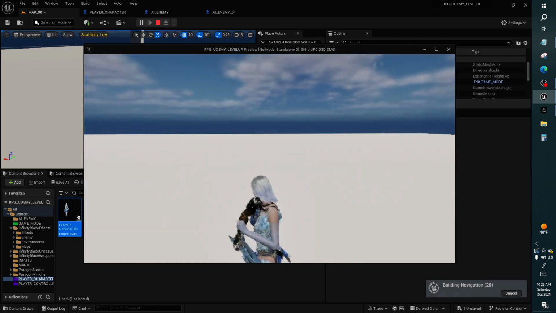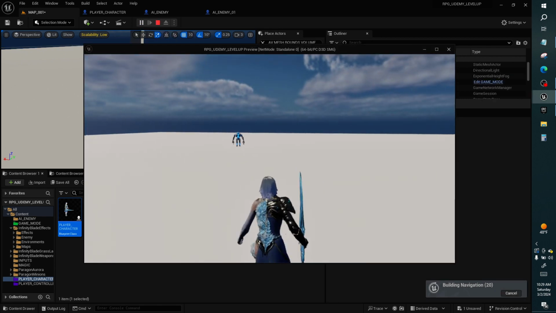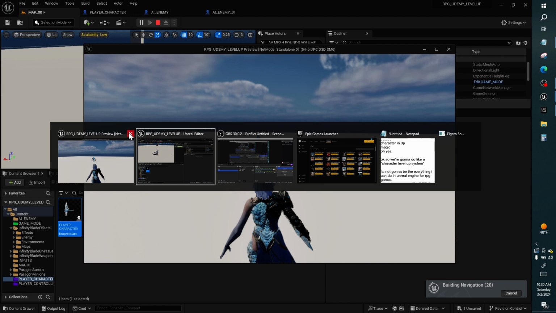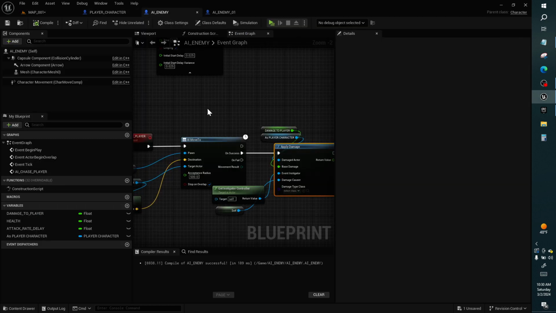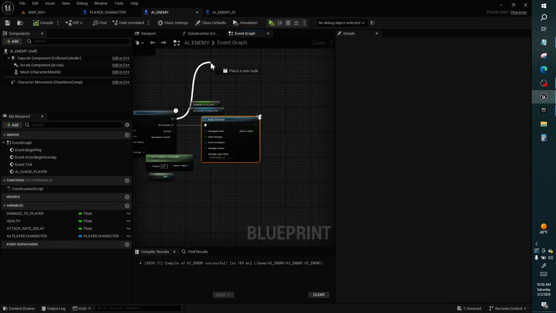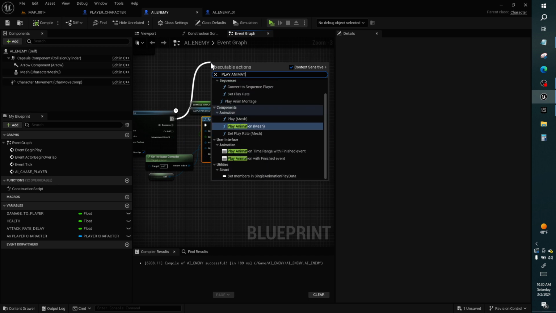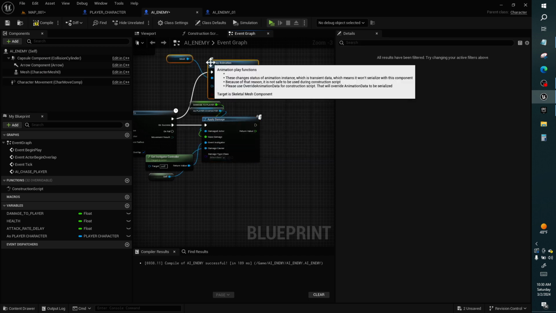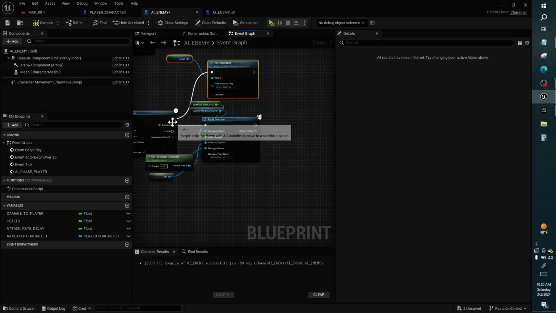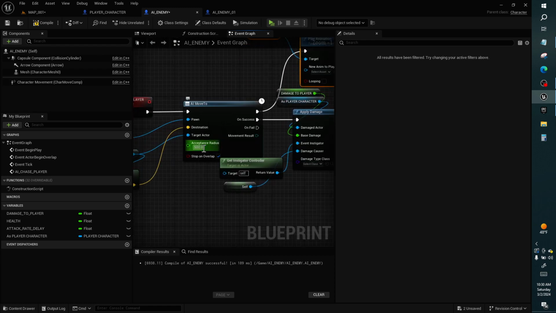Let's press play. It's tracking us now. We can add some animations to it. So I want to all the time play animation from the mesh. So this is the execution pin. This is if it succeeds to surpass the acceptance radius. On fail, if it's moving and it is not surpassing that,